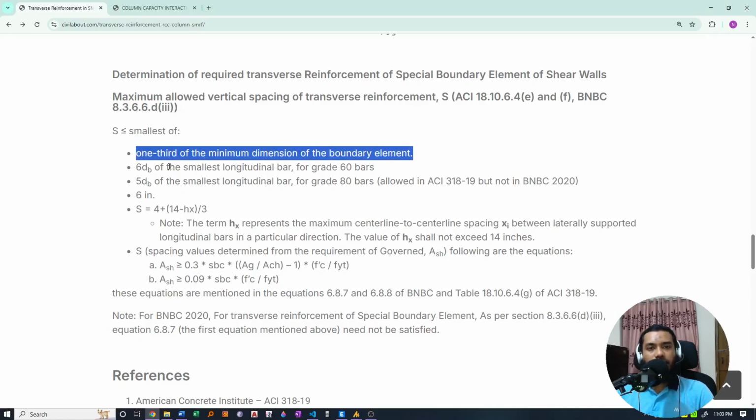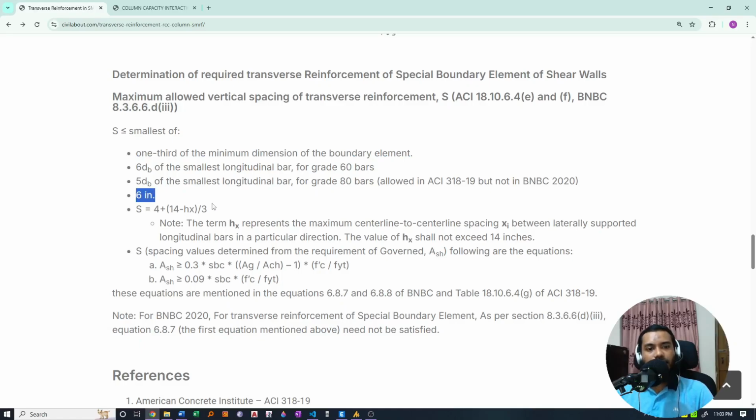The second parameter is 6 times the diameter of the smallest longitudinal bar if the bar grade is 60, and if the bar grade is 80, 5 times the smallest longitudinal bar. The other parameter is 6 inches,